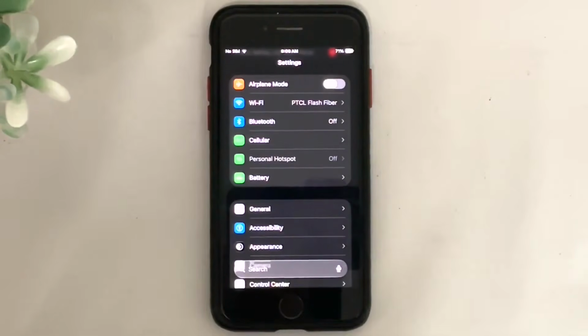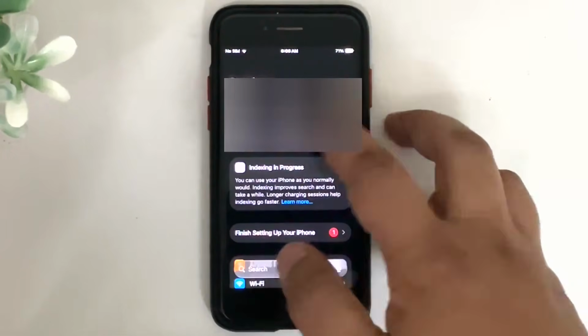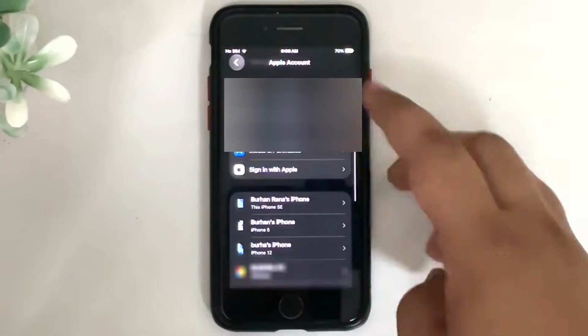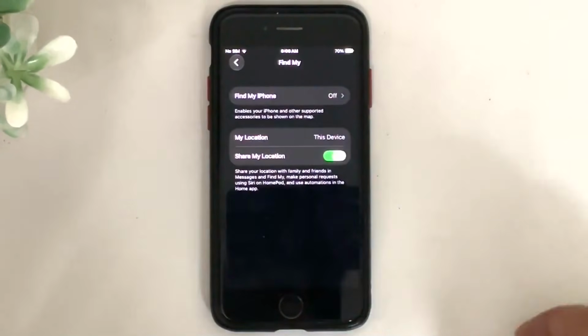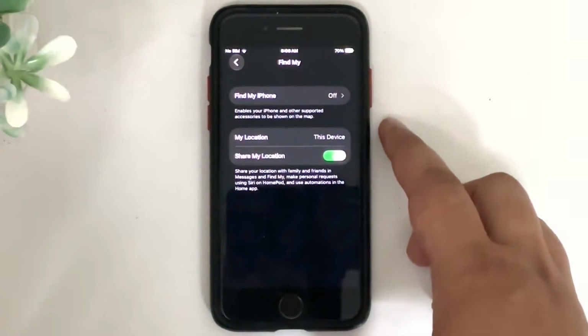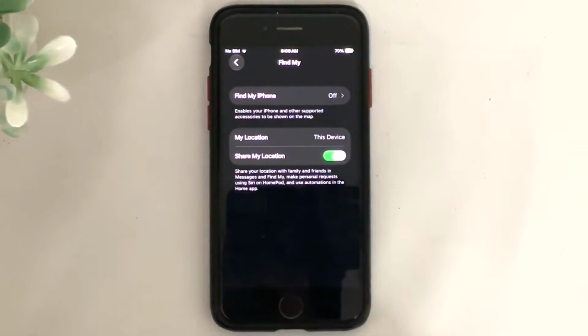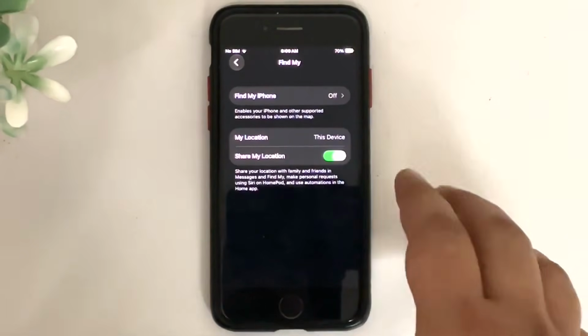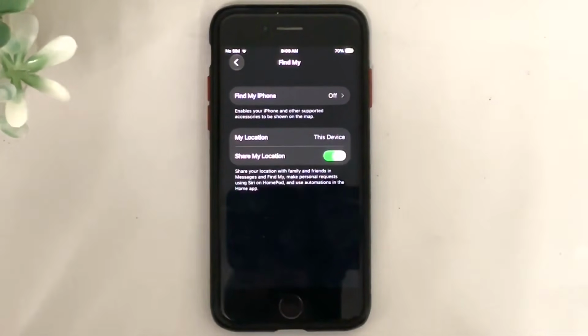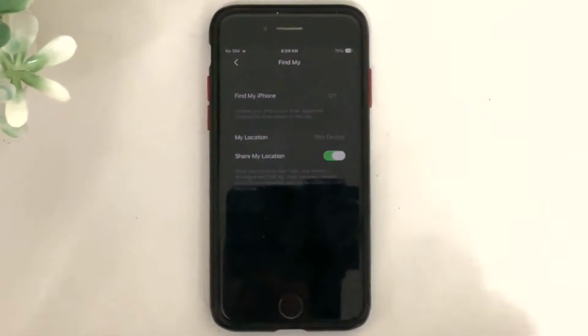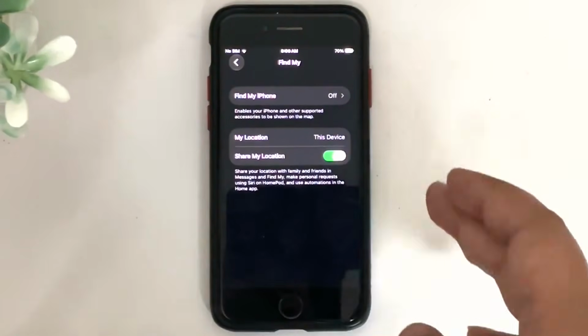Before you downgrade, when you open your Settings main page, you will see your signed-in Apple ID here. If you have signed in, simply tap on it, then scroll to Find My, and then simply turn off Find My iPhone or Find My iPad from here. It will ask you for your Apple ID's password. Type it here and turn it off. This will prevent you from getting locked out after a downgrade or a restore. Of course, you can get in by simply typing in your Apple ID and password there, but this step will